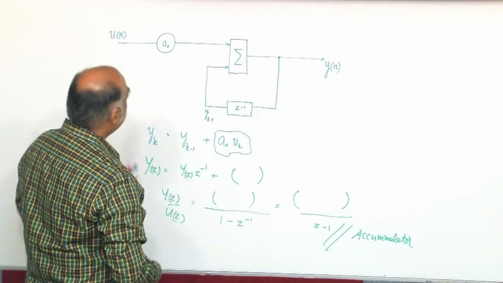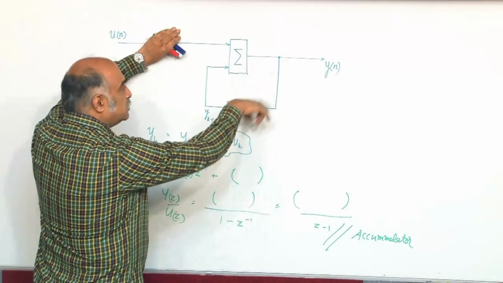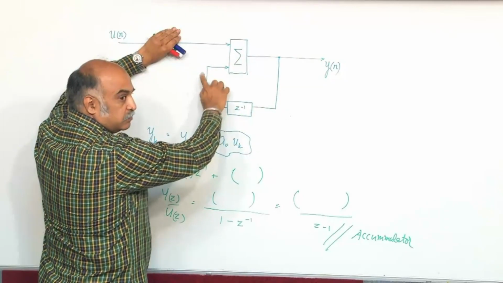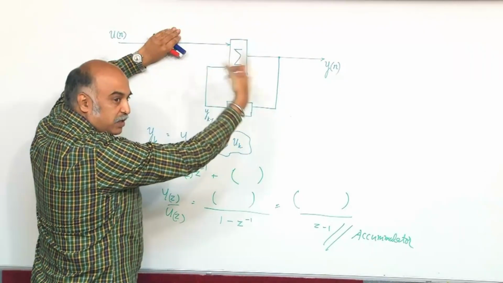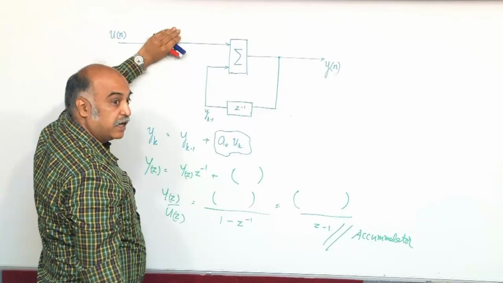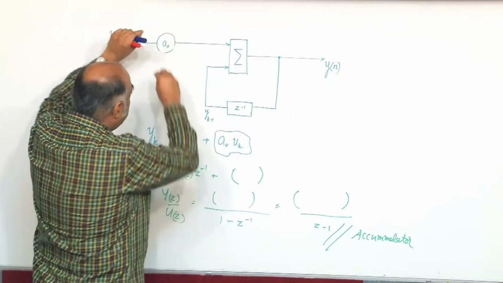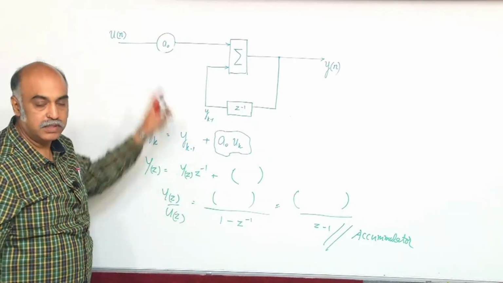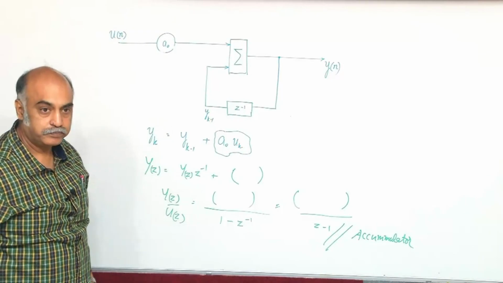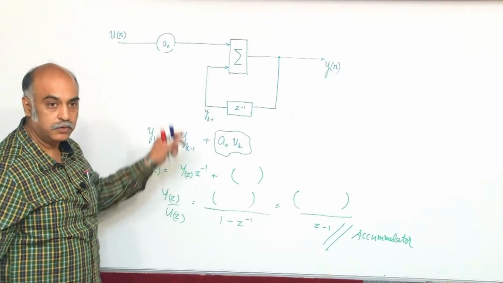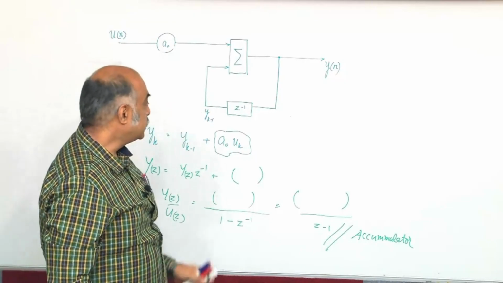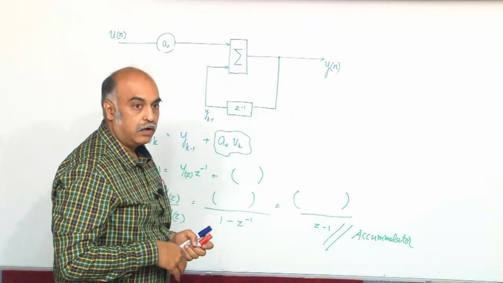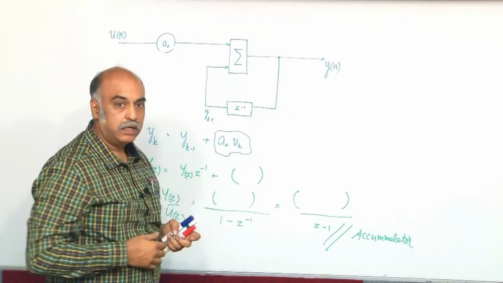Okay. So, if this is 0, this stays, right. yk is yk minus 1, and so on, it keeps going, it just stays at that initial condition. Okay. The moment I give something here, that adds up and then grows or decreases, depends upon this is plus or minus. Do you get the idea? So, this is the accumulator, the equivalent of an integrator of the continuous domain in the digital domain.